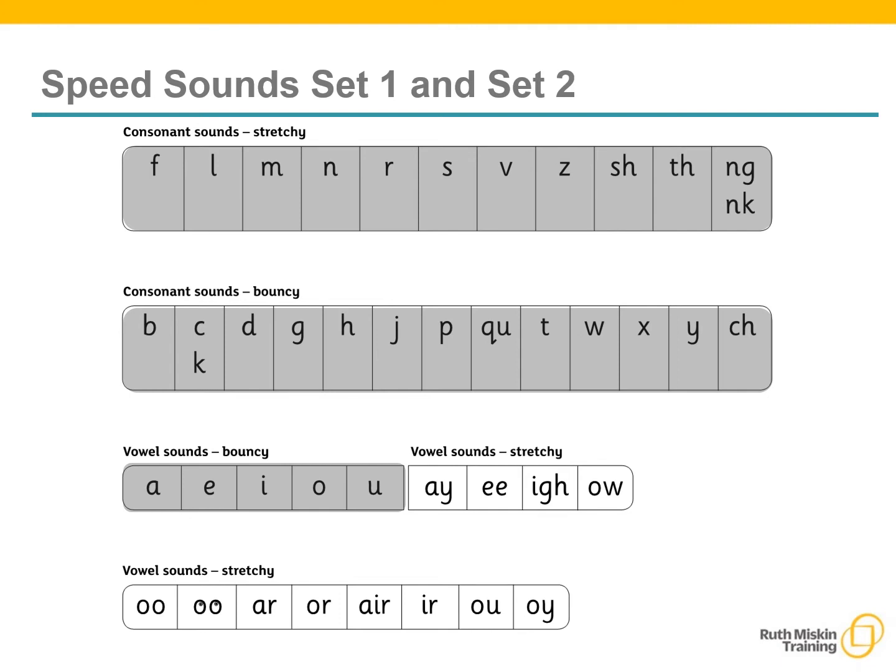In year 1 we can be right across the set 1 up to set 3 range, but you can see it's broken down into vowel sounds, consonant sounds, stretchy sounds, bouncy sounds, and this is how the children learn and play around with the sounds as well. Each sound also correlates to a phrase. So for example, we might have the sound R, start the car. We might have ow, shout it out. Oi, toy for a boy. So it is a relatable phrase, and it's quite amazing how well the children remember those,